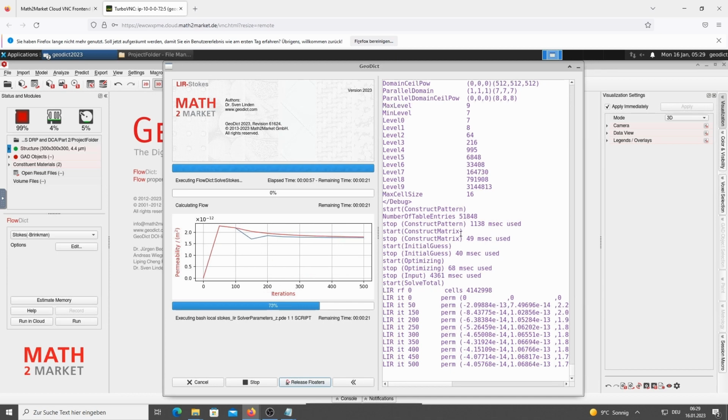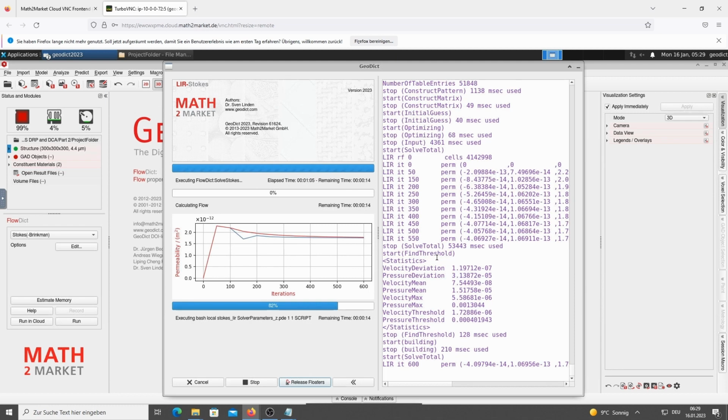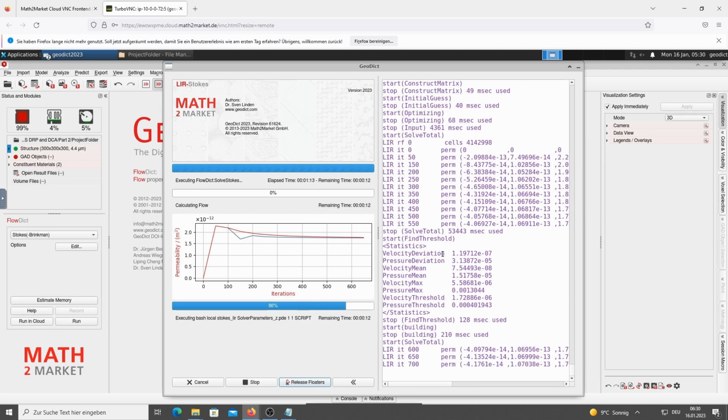The log on the right hand side shows many details about the solver, and this can be very helpful for debugging purposes. So if you observe any trouble with your simulation, then also send the log file to the support. The simulation should be finished in a couple of seconds.